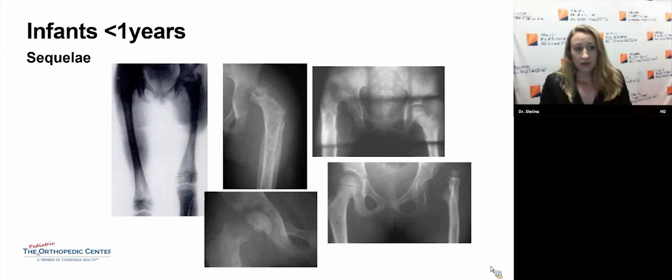Some of the examples of the sequelae of osteomyelitis in kids, all of these images are showing abnormal bone growth and development. There can be a limb length discrepancy, so the limbs grow at a different length. There can be joint destruction, so of the hip joint, the hip can sublux out of place. It can even fuse to the pelvis. There can be a lot of osteolysis and complete loss of bone of the femur. And there can be late sequelae of complete abnormality of the joint morphology. So this definitely has significant consequences that we really want to prevent.